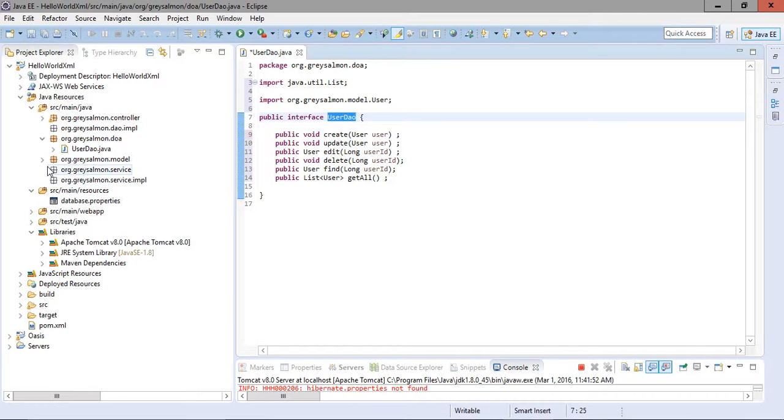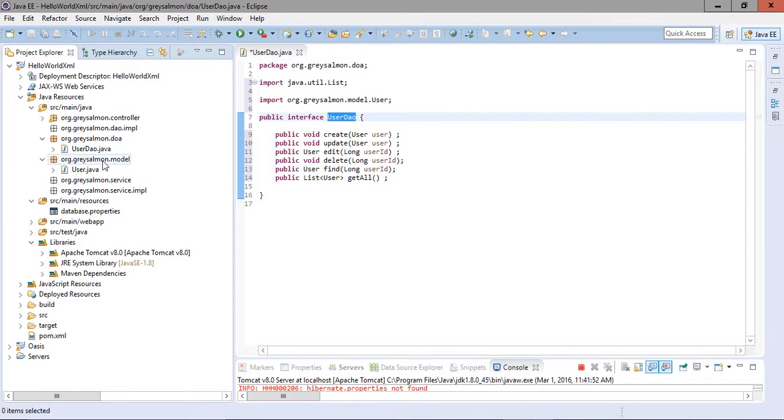If we have one entity order in this model package, then we have to provide one interface for the order DAO. So the number of these DAO classes depends on how many model objects are available within your application. For each model object you have to provide one interface, so that the operations with that particular entity can be performed using this particular DAO, because this is a data access layer you are going to design.